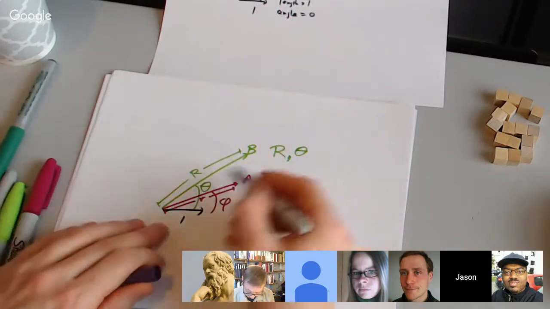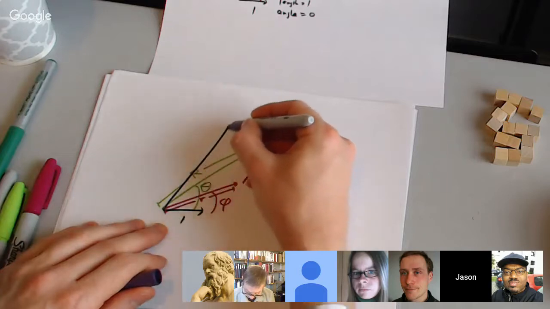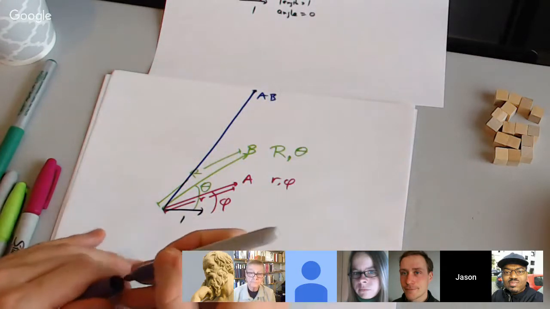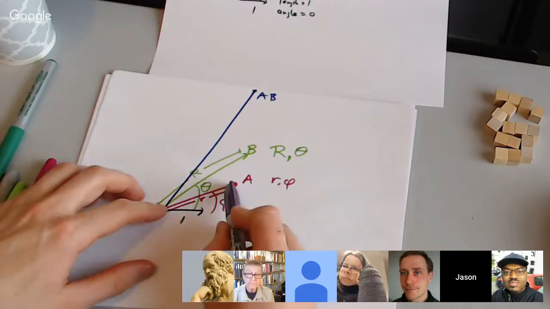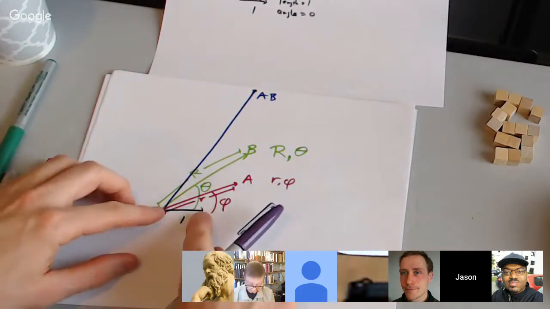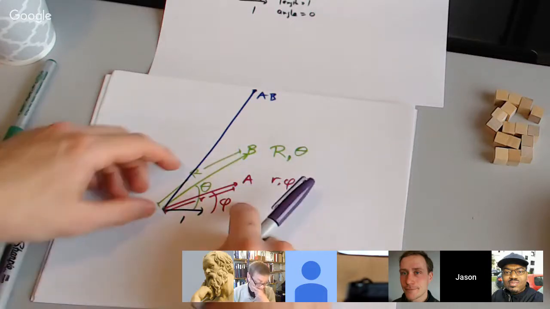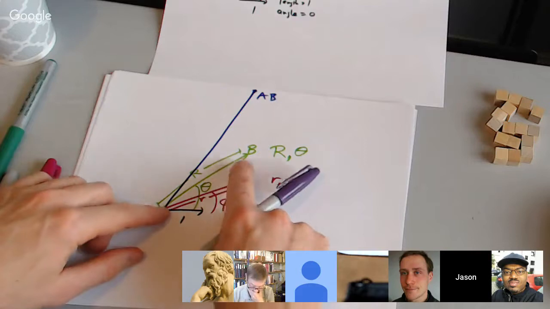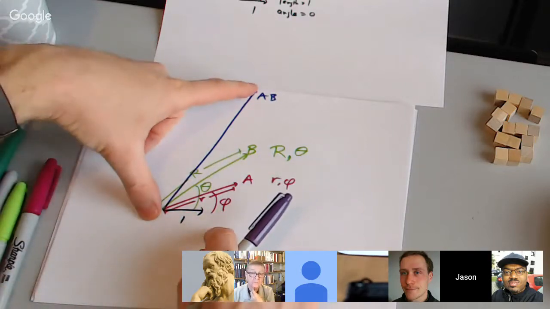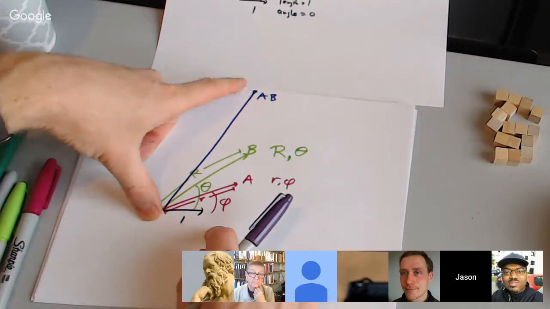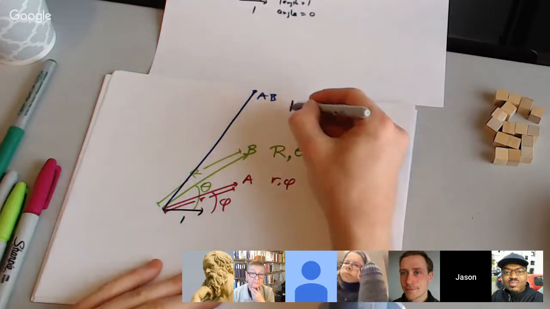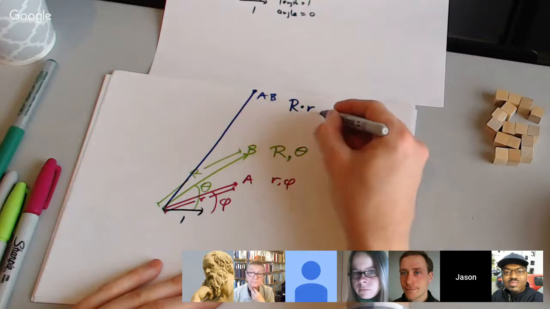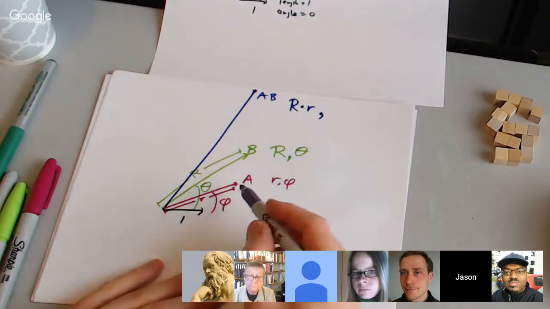So the product would be about like this. Here's AB. And the length of it, if we look just at the lengths, 1 is to little r as big R is to big R times little r. So if these lengths were 2 and 3, the length of the product would be 6. So the distance here is big R times little r. And as far as the amount of rotation,